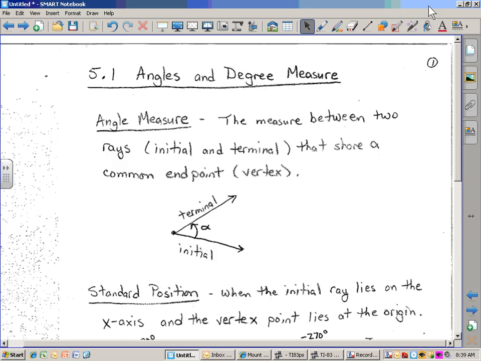Okay, we're going to start section 5.1, angles and degree measure. A lot of vocabulary today. We're starting basically the second half of the year. Just going to cover a lot of trig. So angle measure,